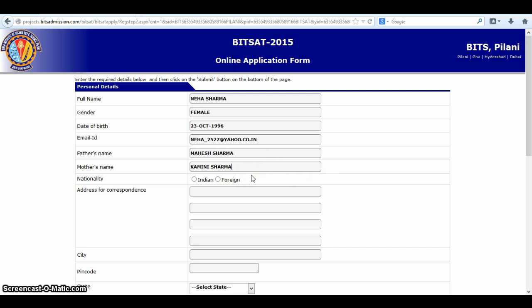Then you need to fill in your nationality, that is whether you're an Indian or a foreigner. If you select the foreigner option here, you have to mention your nationality in the next box that opens up. And since we are not a foreigner, we'll just click the Indian box here. Next, you need to fill in your address for correspondence,